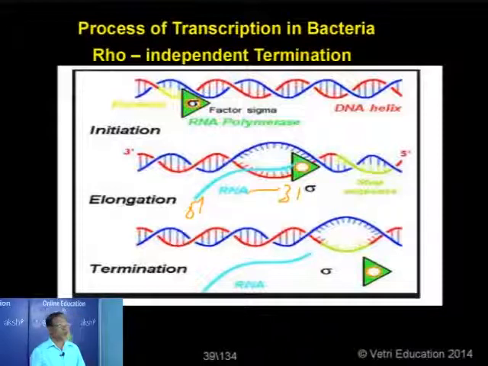The synthesis always occurs in 5' to 3' direction, either the replication process or the synthesis of protein or the transcription of RNA, all taking place only in the same direction of 5' to 3'. That is why we need the template of 3' to 5', the DNA. So only a small stretch of RNA is attached or bound